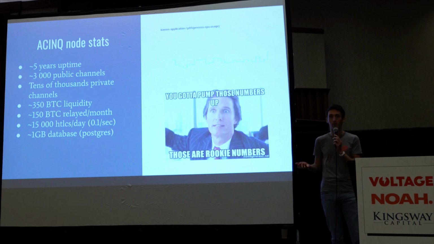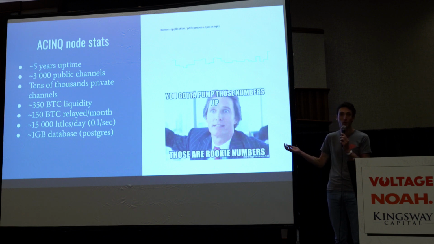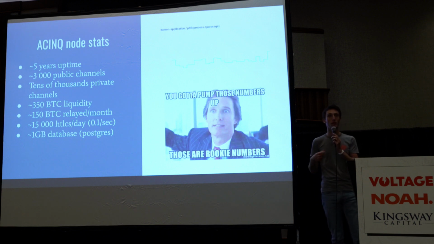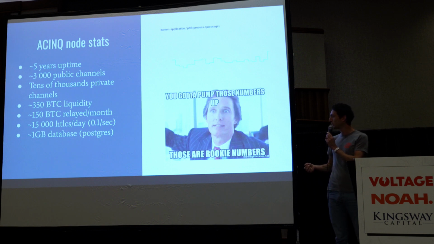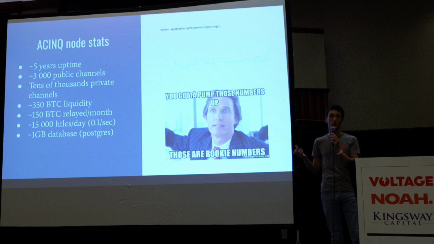This is nothing. So that's why it's not such an engineering feat to be able to scale to that level, because there's just no traffic right now. But still, we've built Eclair to make sure that whenever traffic comes, we are ready to shard the node very easily across multiple machines so that it can handle many more HTLCs per second. Our database is around 1 gigabyte. We are using Postgres. The reason why it's big, even though it's not that big for 5 years of history, is because of the Lightning protocol.